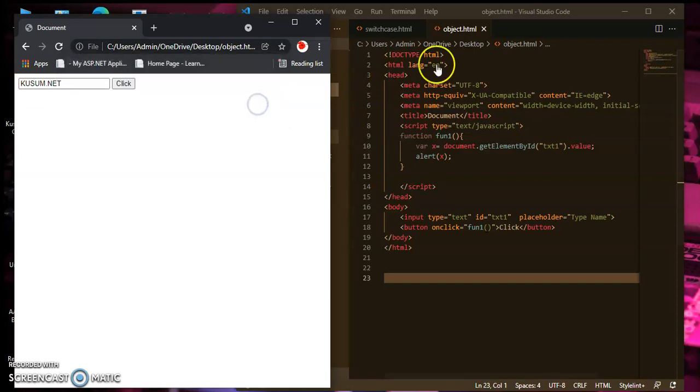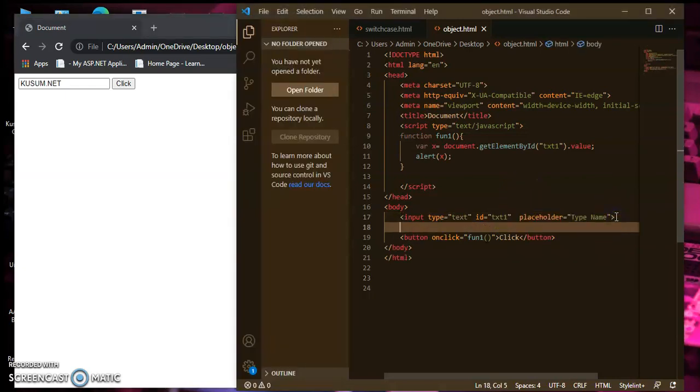Now you can also create a username and password, and match them: if both are similar, then display in the alert pop-up message box that the username and password are both okay. You will do that in the example, but now I will create one password text box.